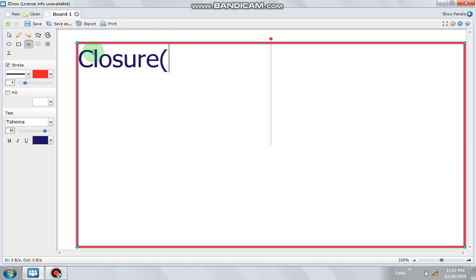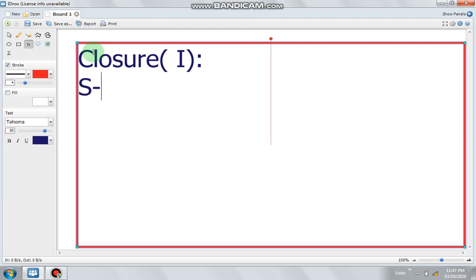Closure of I, where I is a set of LR0 items. Let's suppose this is your given grammar. Do not take augmented grammar, just take a simple grammar.